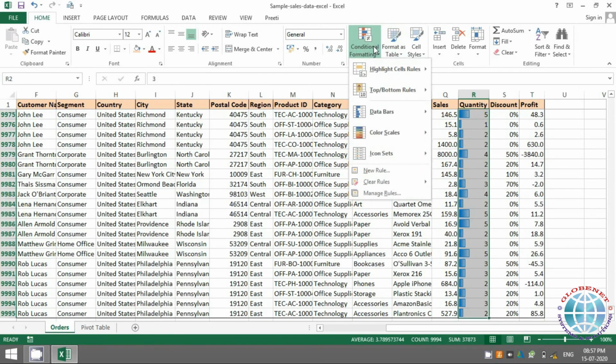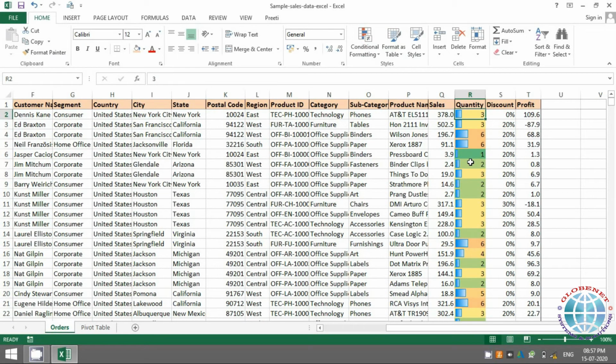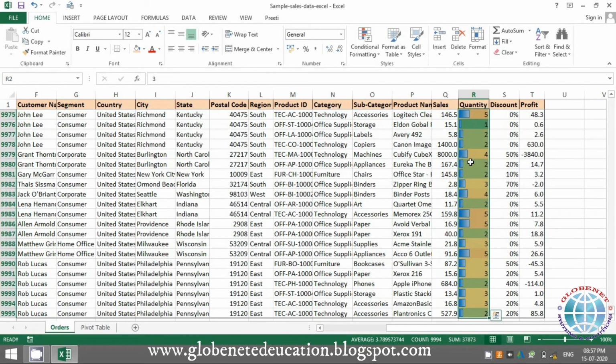Color scales will do a similar thing, wherein it is going to highlight the color based on a range. Again, this is done automatically. You have the option of changing these conditions. For example, you have this range, it will take the lowest values, and if you see there is some red and orange and green, it is going to sort it based on that. So let's see what conditions are getting applied.